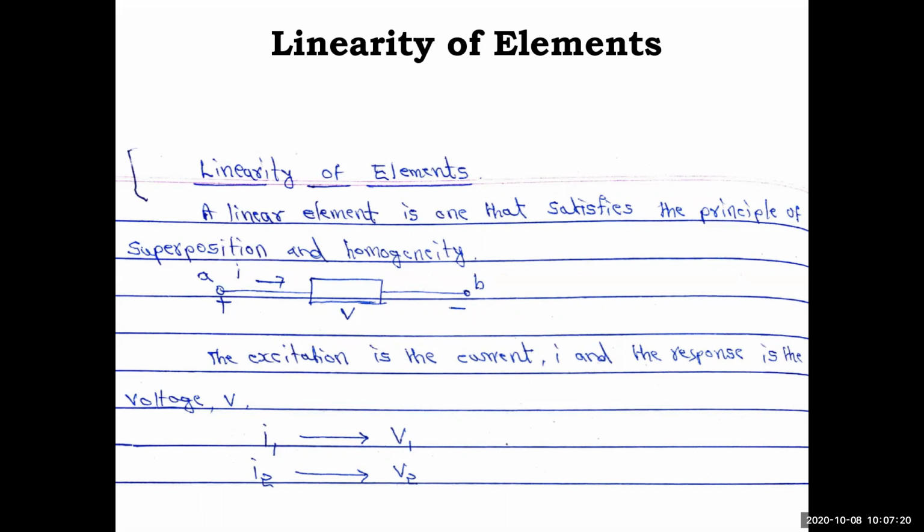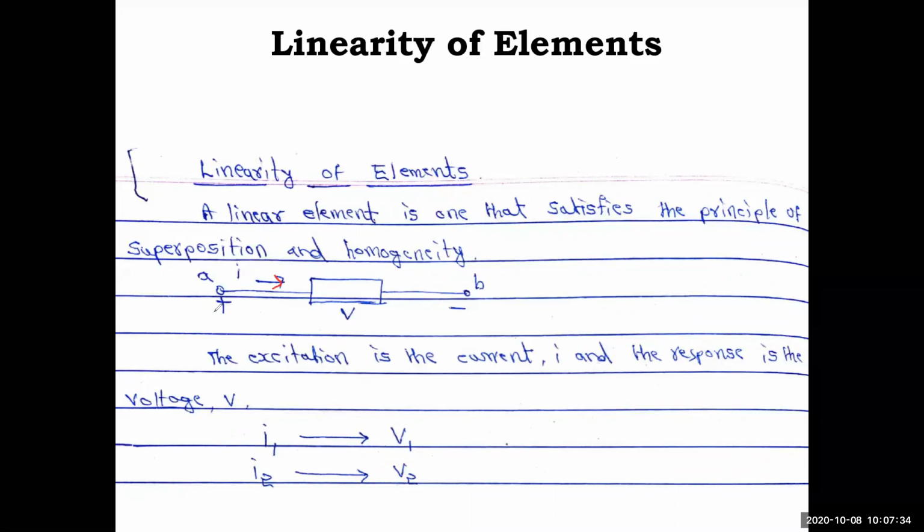For example, if we consider here a basic element, the current I is the input. Wherever we have the passive sign convention, the node the current enters we call plus and the other one minus. We denote them for reference as A and B. Here the excitation or input is current I, and the response after applying that excitation is V. If we consider two sets of currents and voltages, for I1 current you will have V1 voltage and for I2 current you will have V2 voltage. This is the basic necessity.